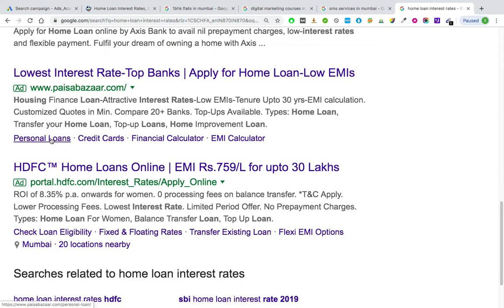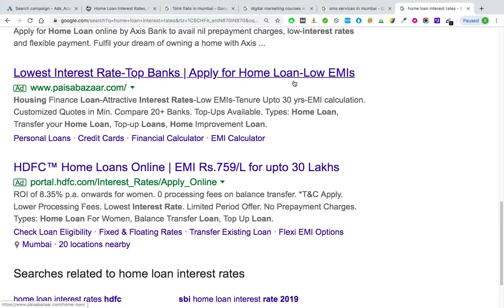So if someone clicks on this ad, you end up spending money. Google will deduct your money, cost per click, right? If someone clicks on this link, your money will get deducted, and this individual will land on a page which is promoting personal loan, but he is searching for home loans, right? Then why are you showing him something related to personal loans? Doesn't make sense. Totally irrelevant in this case. Never take the individual to an irrelevant page. Never take the individual to something that is not related to the current product that you are marketing, which in this case is home loan.